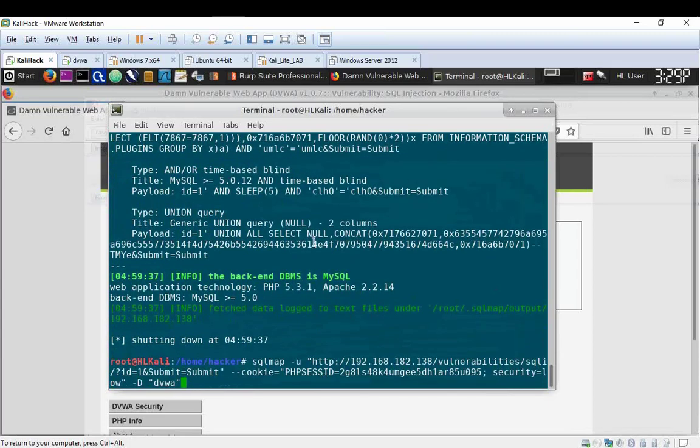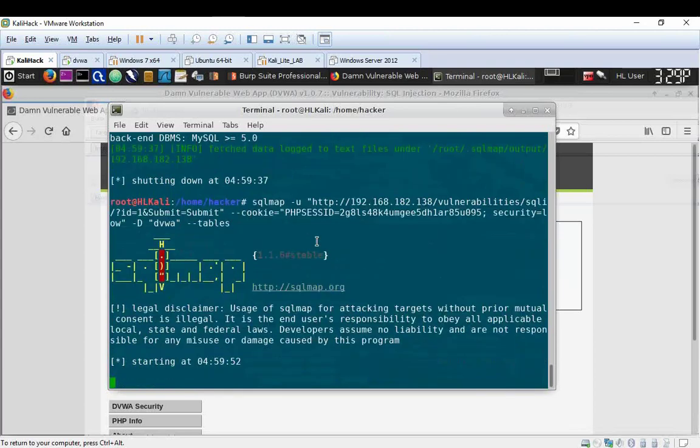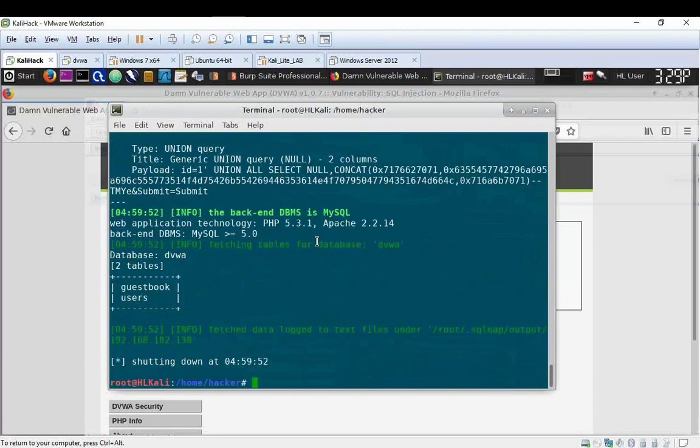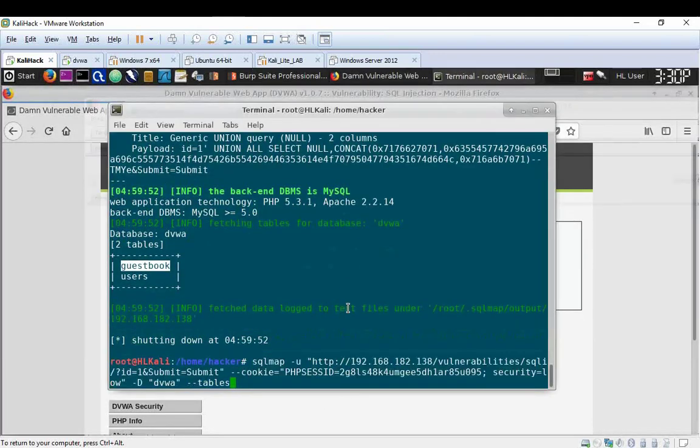Okay, so you can see that we are getting the same queries which we have typed up over there. Inside this database, what we want to fetch out is tables. There are two tables present, guestbook and users. We are pretty much interested in